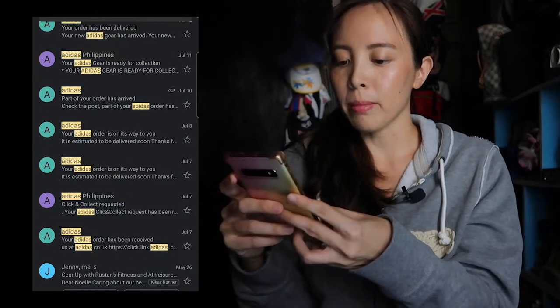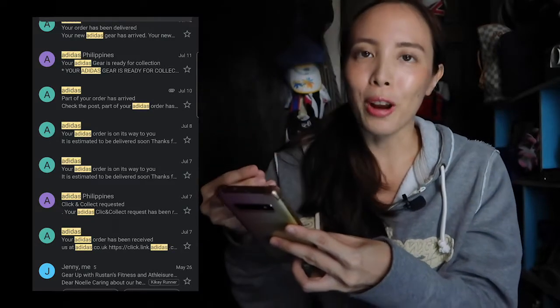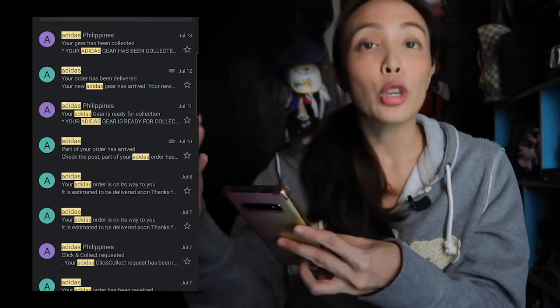You're going to get emails like "click and collect requested." And then sometimes one part of your order is going to arrive earlier than the other. And then finally you're going to get an email that says your gear is ready for collection. So all you have to do is go to the store. There's a collection code that they're going to ask from you, which you will get in an email,